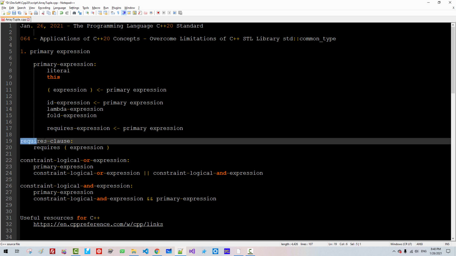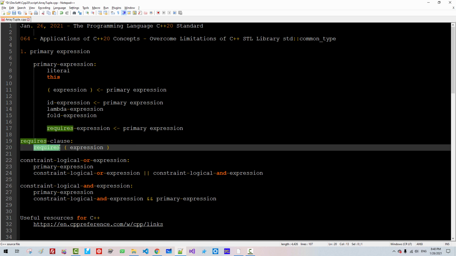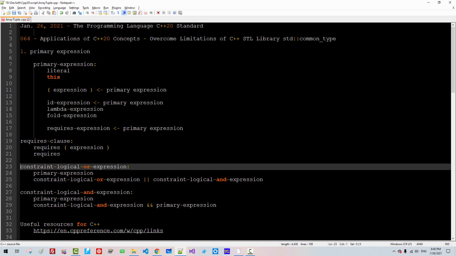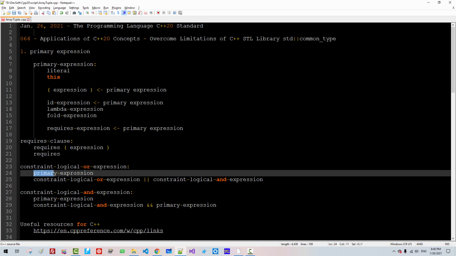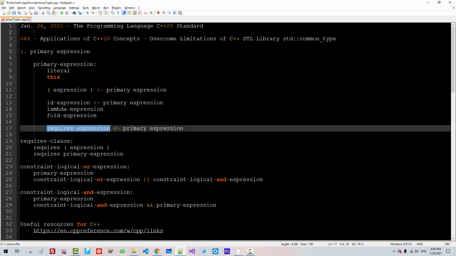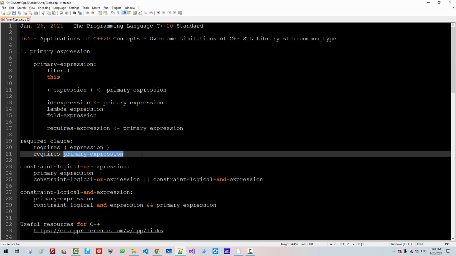So a requires clause starts with the keyword requires and follows an expression, or requires constraint-logical-or-expression can be a primary expression. A requires expression can be a primary expression.